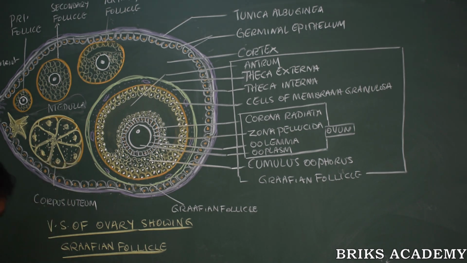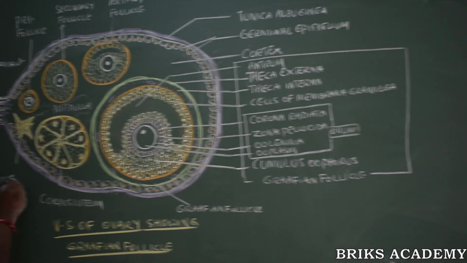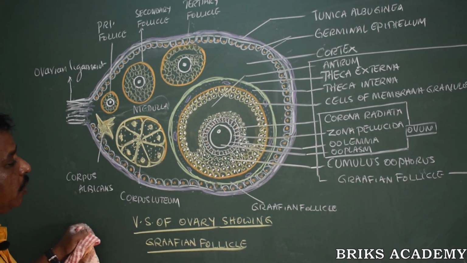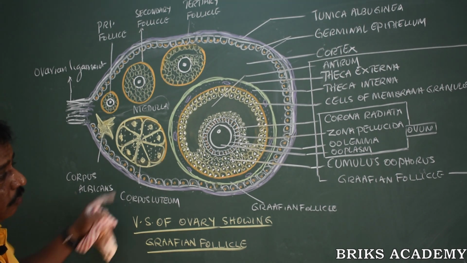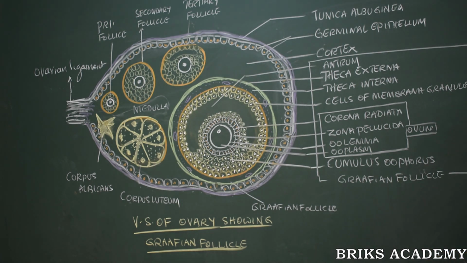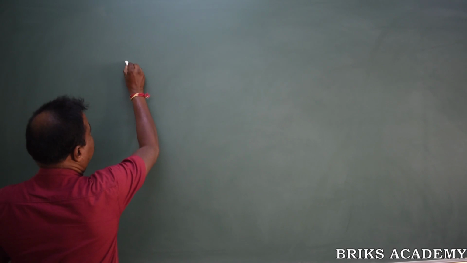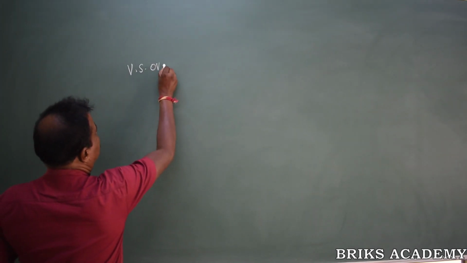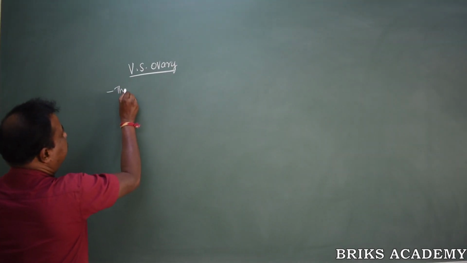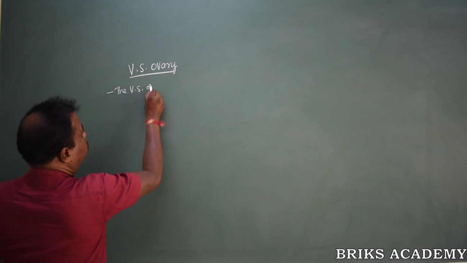If the ovum is not fertilized, corpus luteum is formed and it undergoes disintegration and transforms into another structure that is called corpus albicans. This is about the structure of ovary and the structure of Graafian follicle. Then we have to study the structure of Graafian follicle followed by the structure of ovum. I have explained about VS of ovary. The VS of ovary, vertical section of ovary,